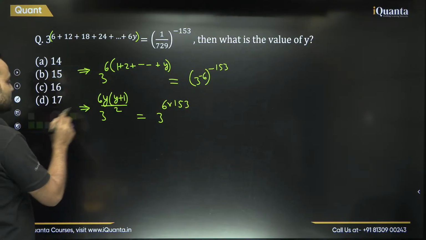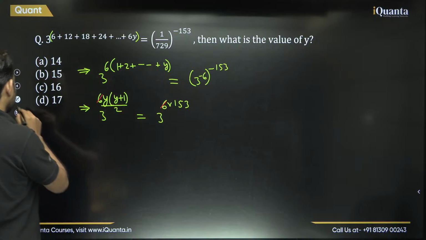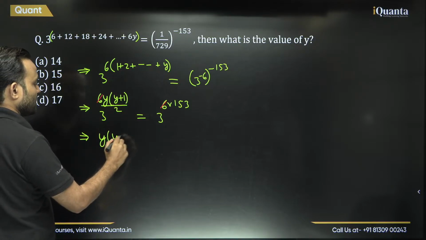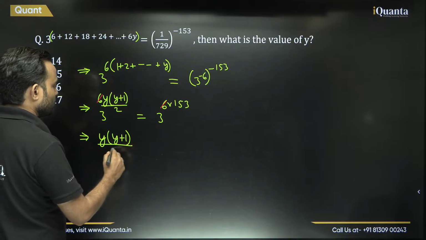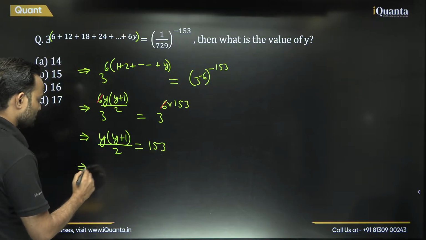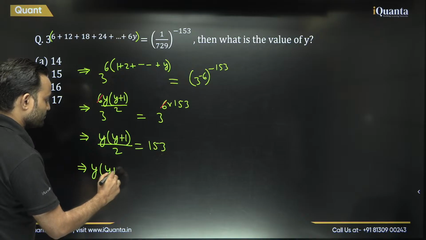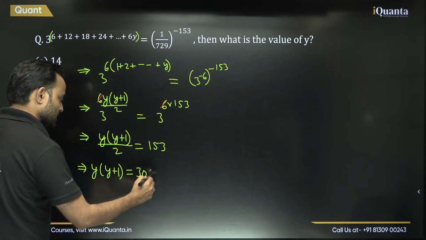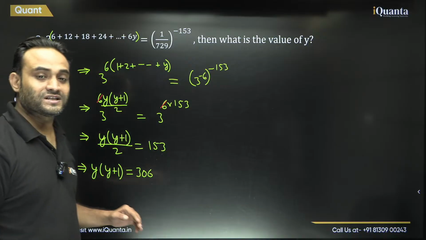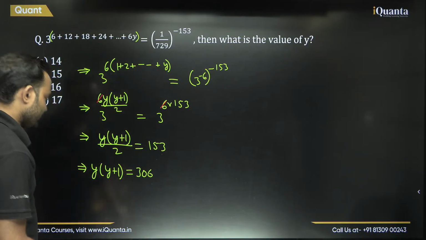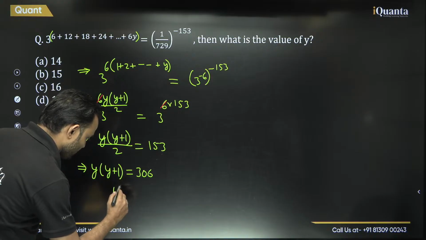So from there 6 is cancelled out. As the base is same, what we can say, y into (y plus 1) upon 2 is equal to 153, or y into (y plus 1) is equal to 306. Now instead of solving this quadratic, what I will prefer here, see, can I say that y square is